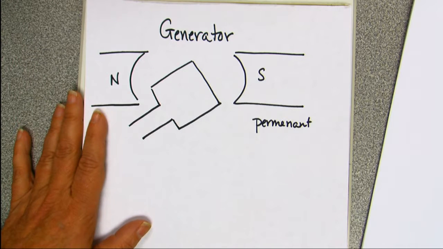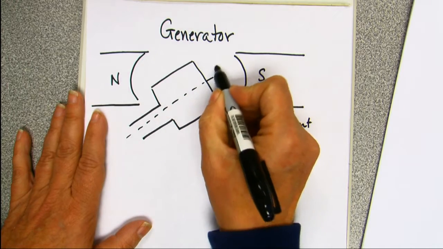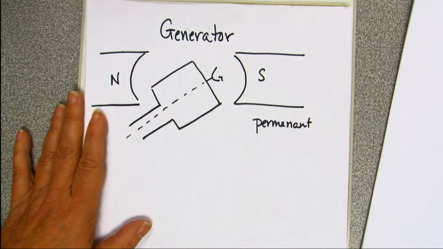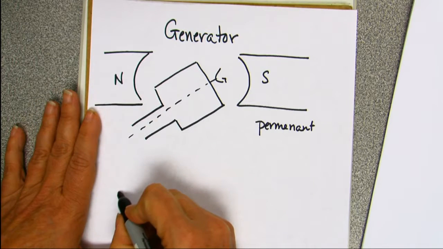The other part is the change in the conductor induces the EMF, and I'm going to have a rotating coil. Now, I can rotate the magnets or I can rotate the coils. Generally, we rotate the coil. I can do either or, but I generally rotate the coil because of the next part. So if I'm making an AC generator,